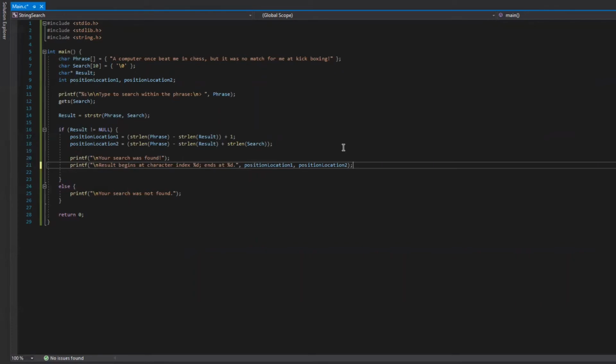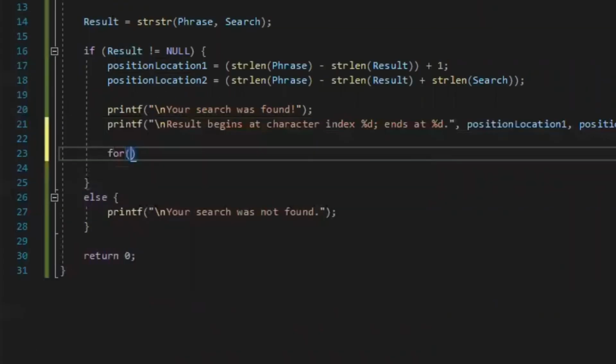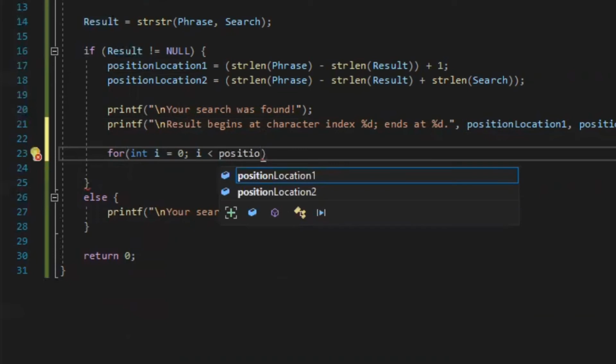So obviously, when you're making some kind of search, it would be helpful if it could highlight or point out the word that you searched in the original string. So let's do exactly that. Since our phrase is technically a string, but a string in a sense is just a character array, we're going to make a for loop with a basic counting integer. We're going to say i is equal to 0, i is less than position location 1